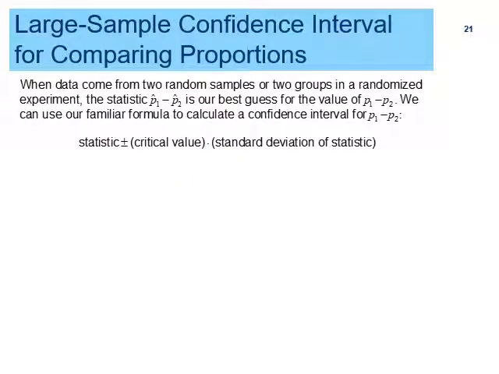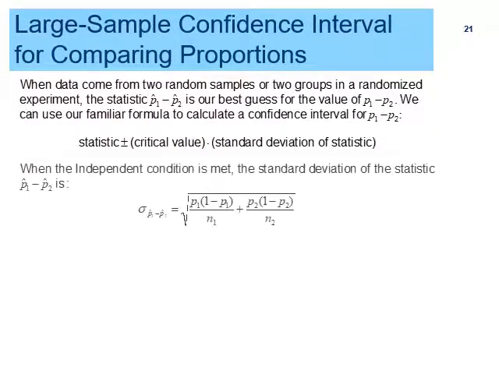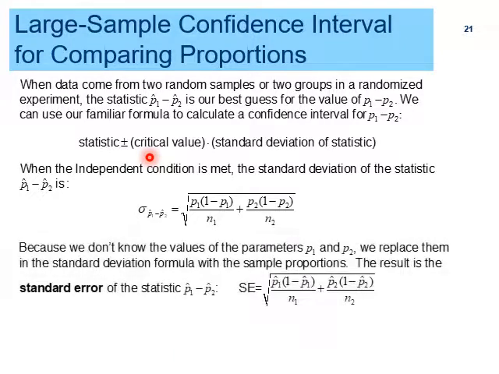Similarly, for the confidence interval, we will calculate, and for the standard deviation we already know this is the formula, and for the standard error, it's because this is for the population and this is for the sample, so it's P hat and here it's P, and they are both similar, except the P and P hat.